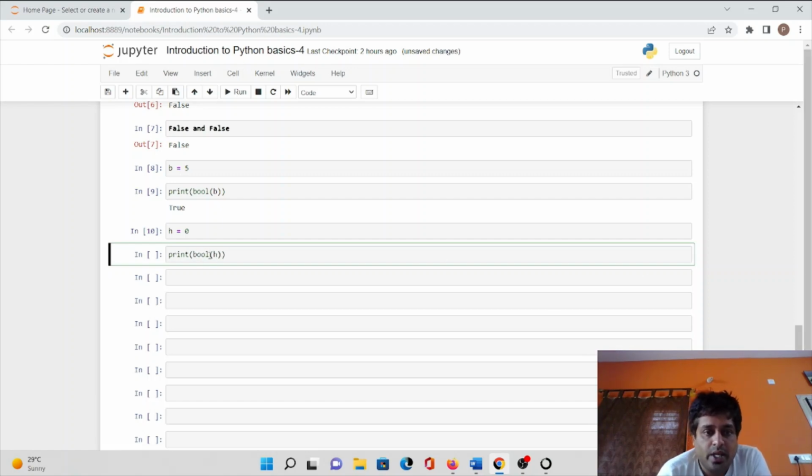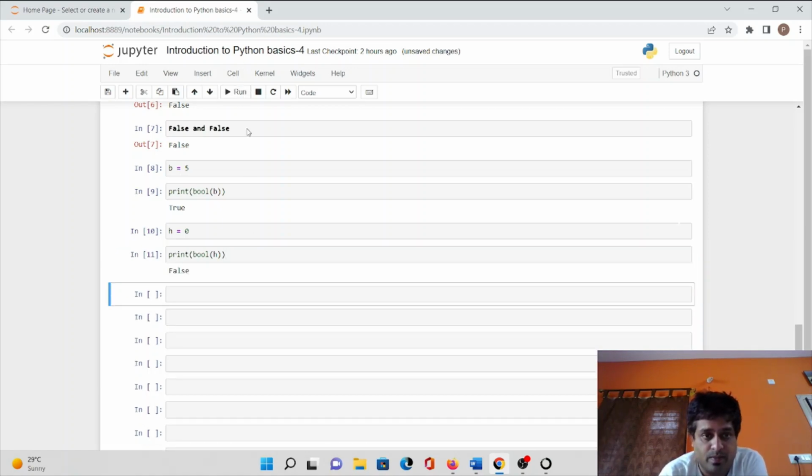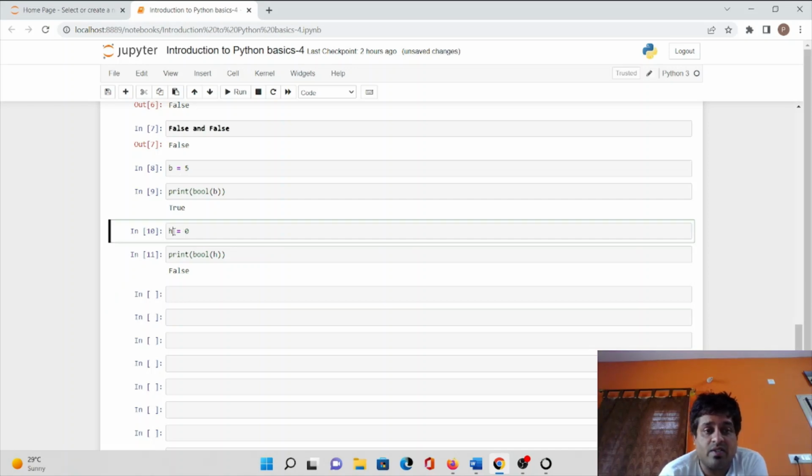Okay, and if I want to check this value, it will print false. So whenever you assign a variable with 0, the answer will always be false with respect to the boolean data type,